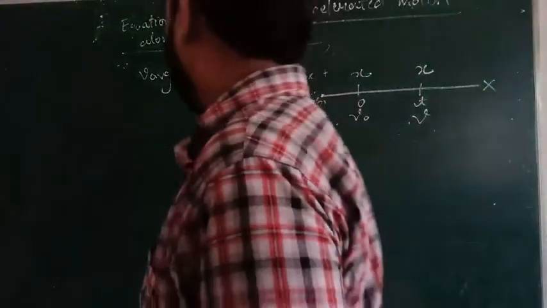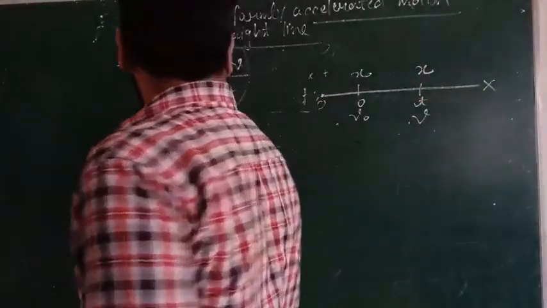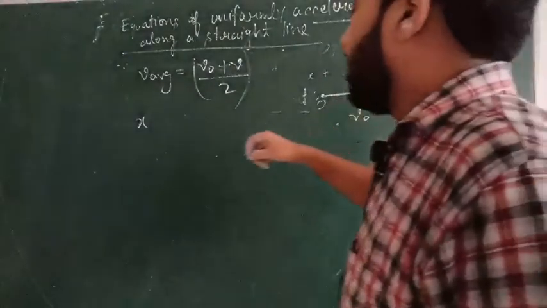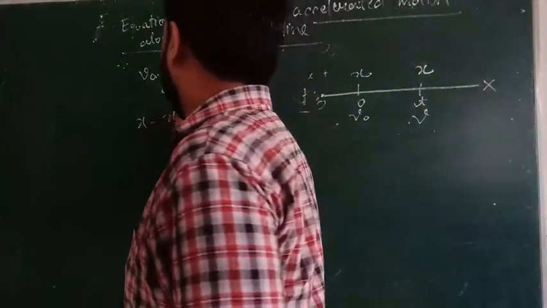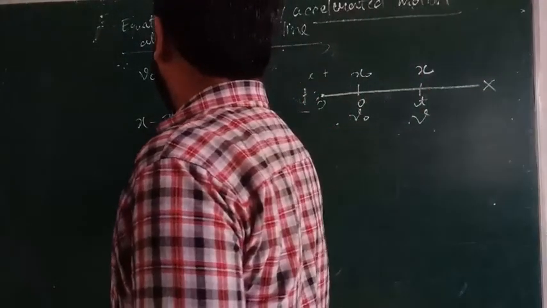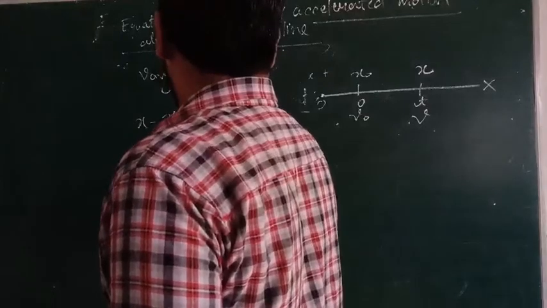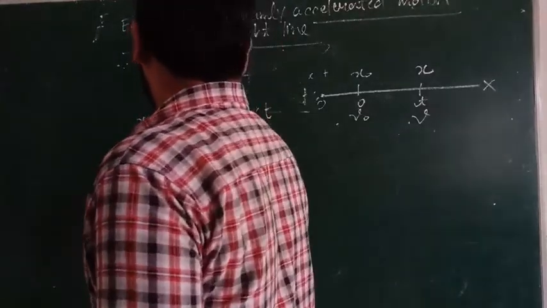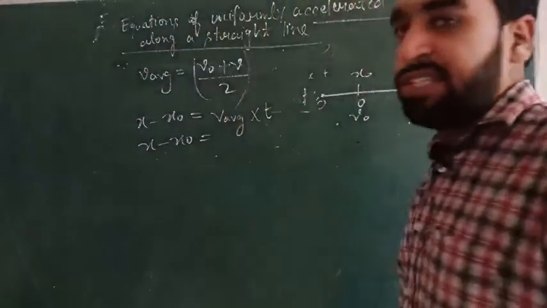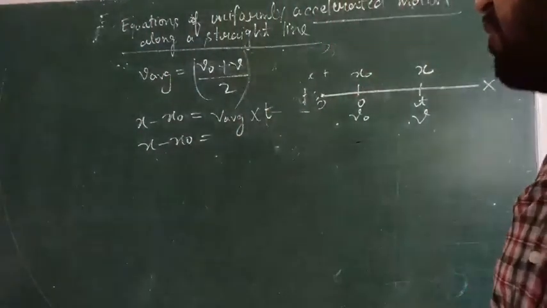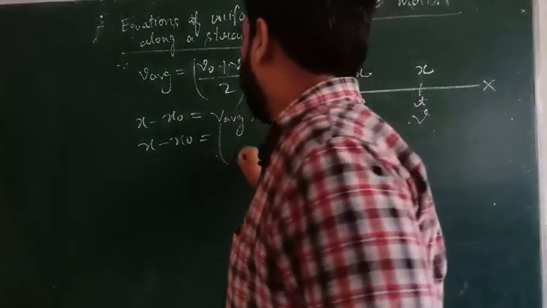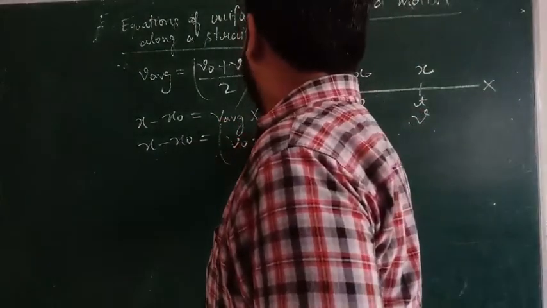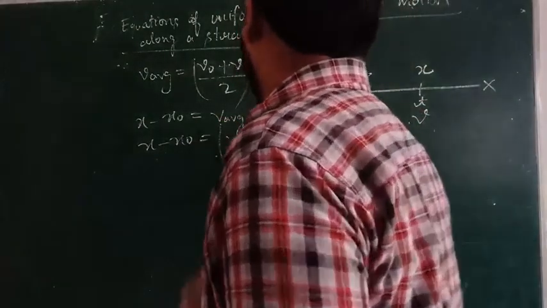What is the formula for displacement? Displacement is how much? X minus x naught is displacement. Displacement is equal to velocity into time. Now x minus x naught displacement is equal to, in place of V average, what else we can write? In place of V average we can write V naught plus V upon 2 into,